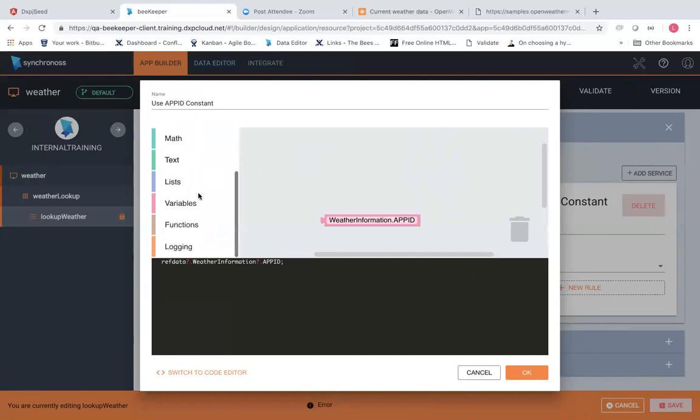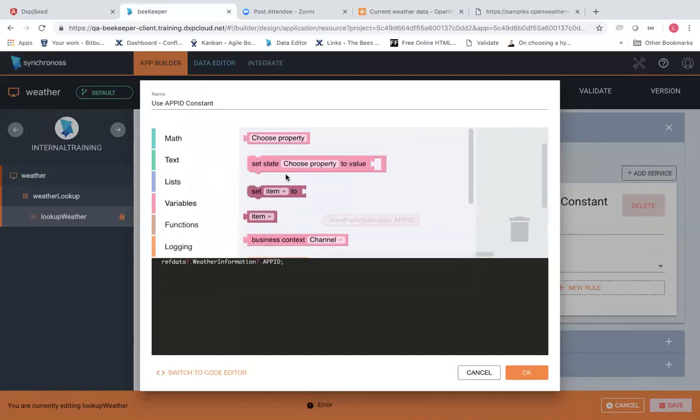Now, variables, what we need to do here is use another block called set state. So whenever you want to apply a value to a property, you need to use a set state block. And